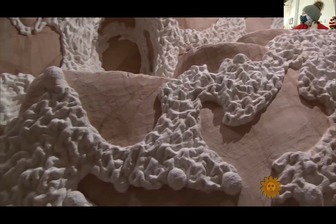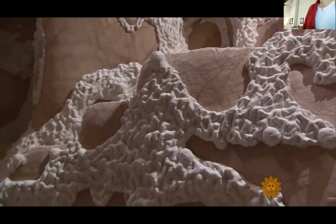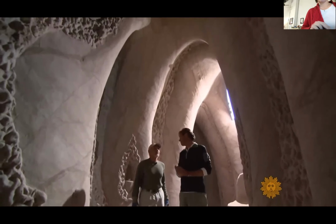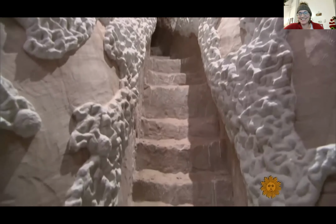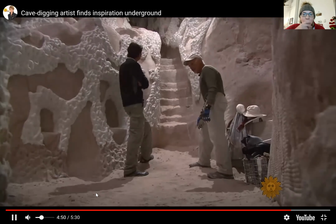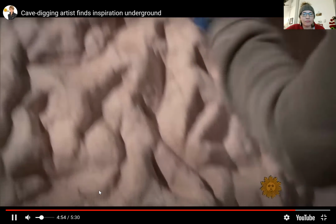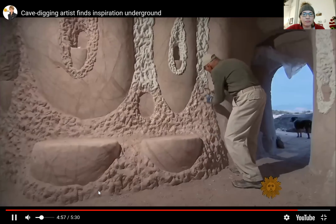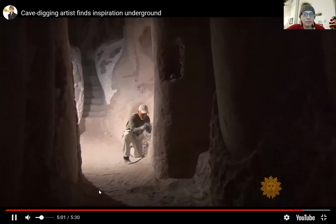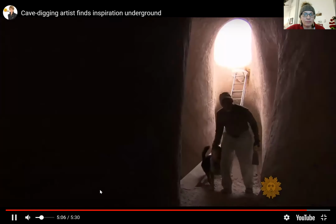His plan is not only to just carve, but paint these sandstone walls, creating what he hopes will be a healing retreat, a community gathering place, complete with a waterfall. Half this room is going to be a pool. Oh my God. And there'll be seating around the bottom. At 67, he'll be well into his 70s before he shares this cave with the world. He hopes those who come here will find in its solitude what Rob Paulette already has, a sense of peace